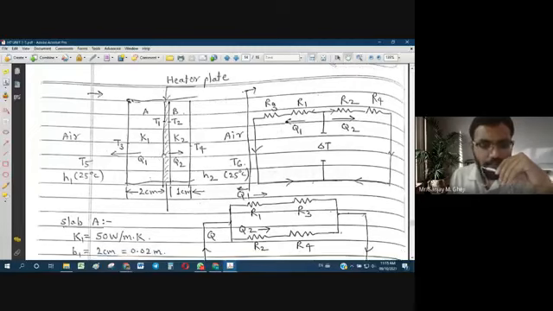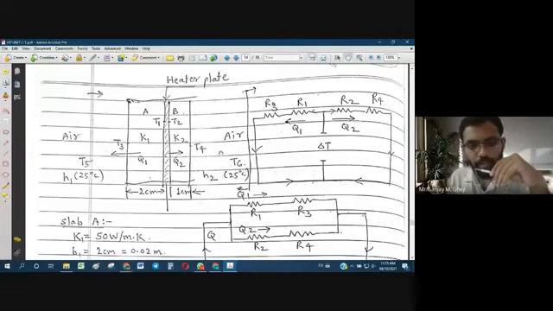That division will depend on the thermal resistances on both sides. It will be different on A side and different on B side. If both sides have equal thermal resistances, then the division will be equal, so half the amount of heat will flow to this side and half to the other side. In that case the situation will be much simpler, and let us say 1 kilowatt is the generated heat.